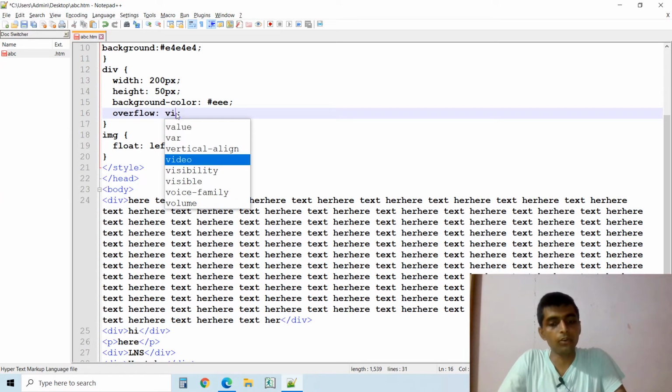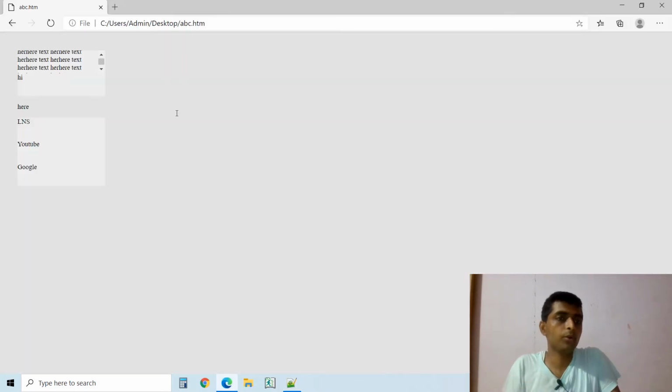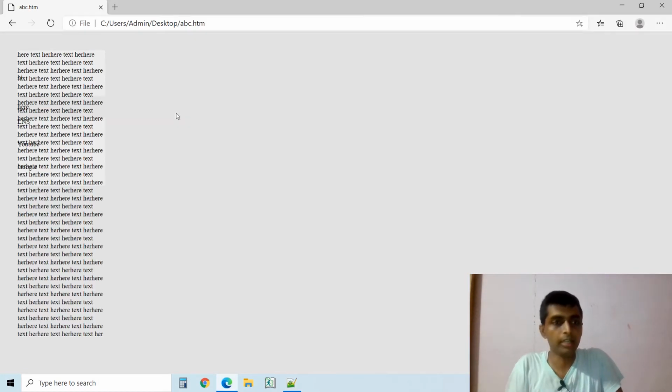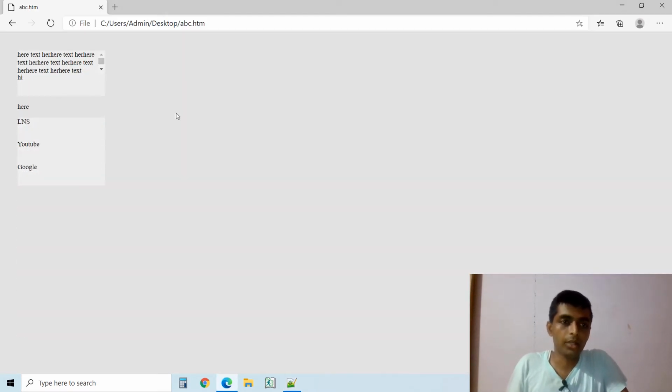If I am setting overflow visible, that means whatever content is overflowing will be visible like that. In some cases we use this auto fashion, that is, overflow should be handled with auto.